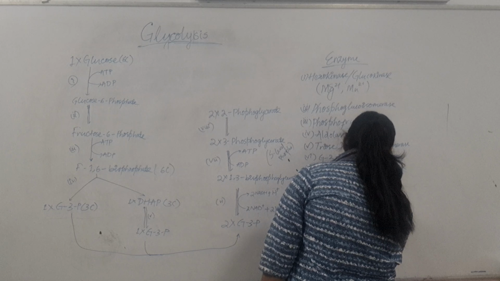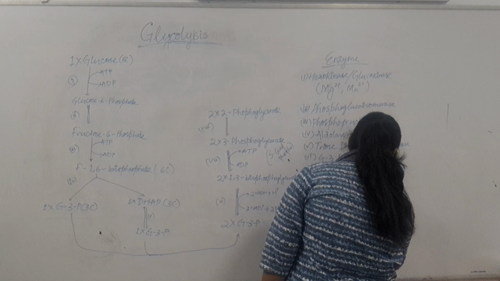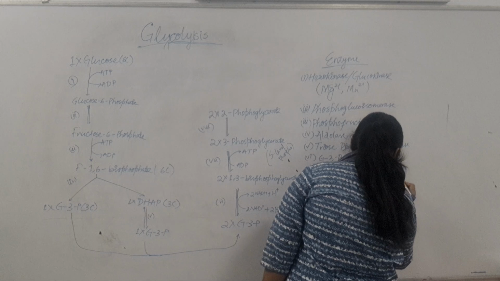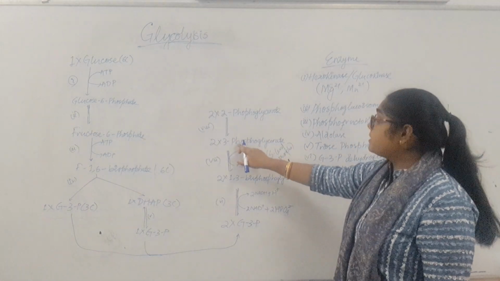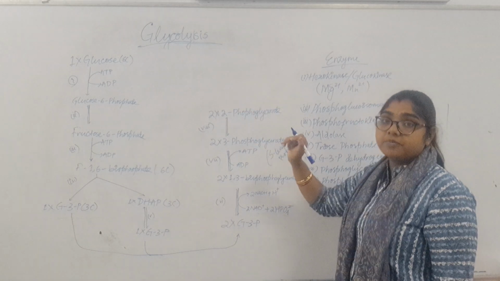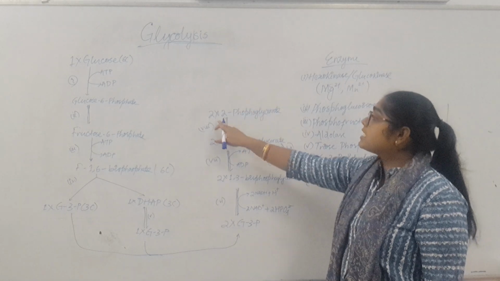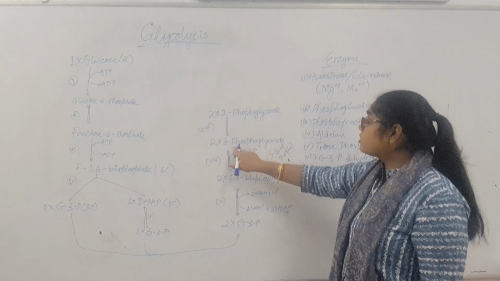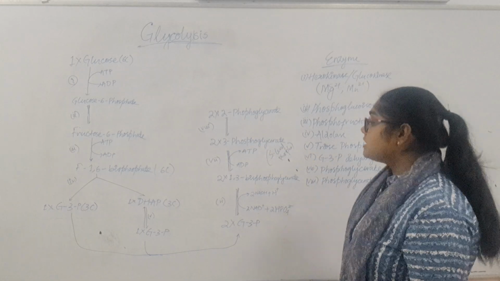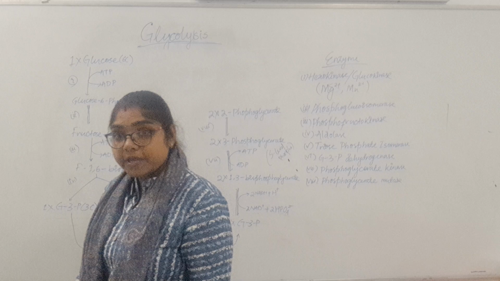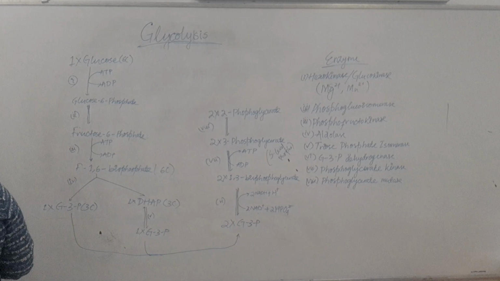Phosphoglycerate mutase. So the phosphate group which was present at the 3rd carbon position will be shifted to the 2nd carbon position. So it is a mutation process, and in this process 3-phosphoglycerate will convert to 2-phosphoglycerate in the presence of phosphoglycerate mutase. Now this 2-phosphoglycerate